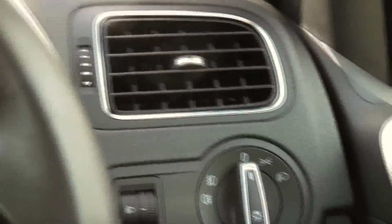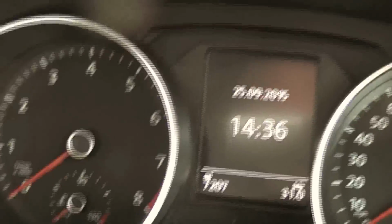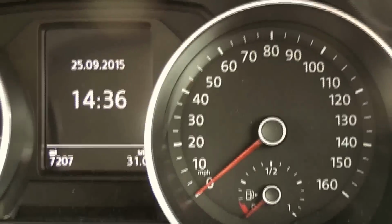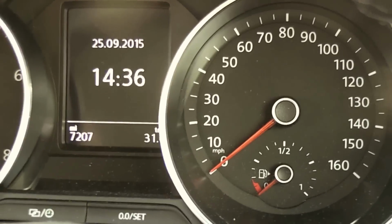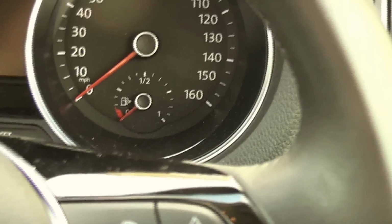For such a small car, it's surprisingly roomy, if that doesn't sound like a contradiction in terms. So what do we get as standard? Well, you get your normal rev counter, speedometer. They're set deep into the actual dashboard, unlike the previous model which had them flat to the dash. These are more reminiscent now of the